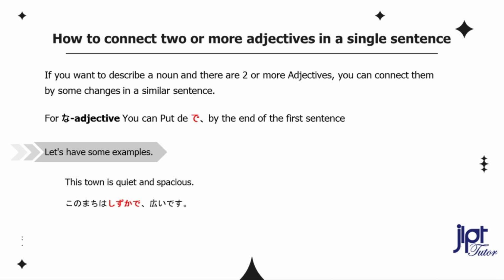For na adjective, you can put de by the end of the first sentence and then follow by sentence number 2. I will show you now. This town is quiet and spacious. この町は静かで広いです。